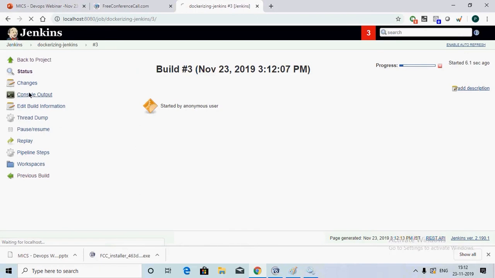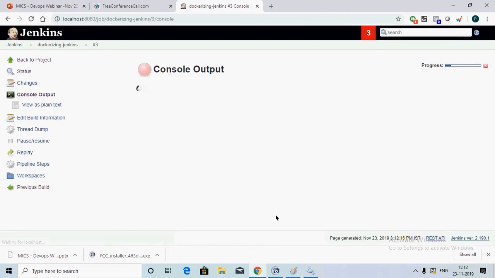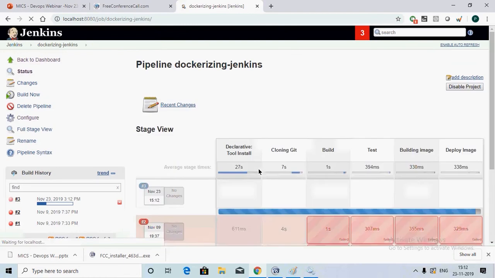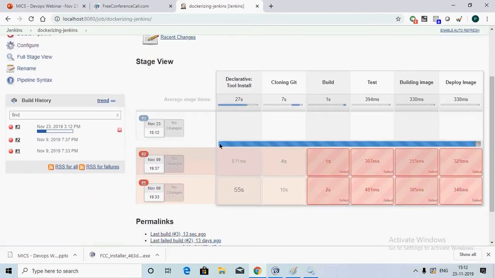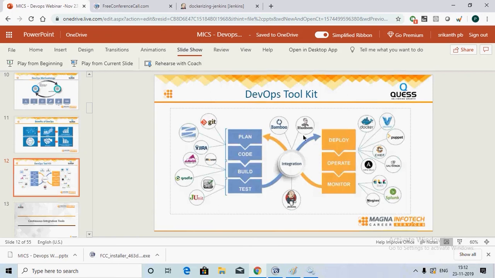When I try to build here in Jenkins, you can see the list of phases here: cloning, building, testing, building image, and deploying the image. This is a classic example where you can see the complete life cycle of an application inside Jenkins. This is what Jenkins is all about.